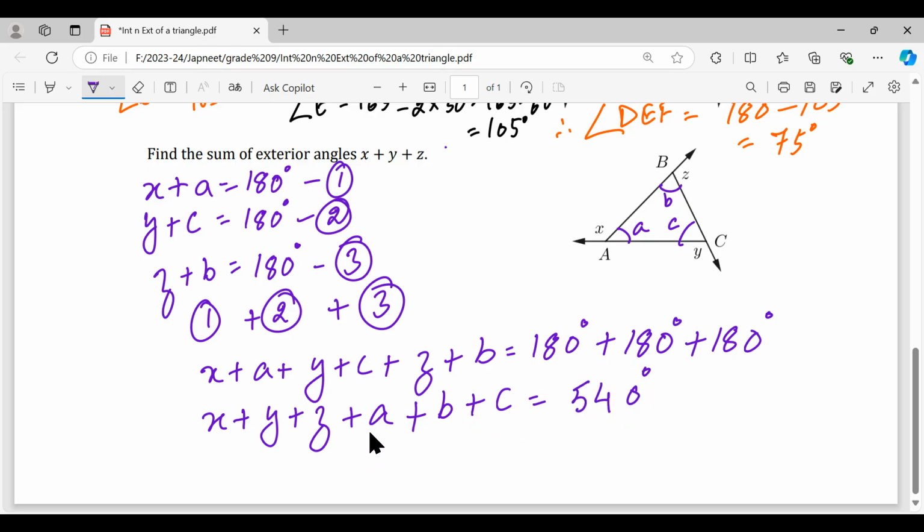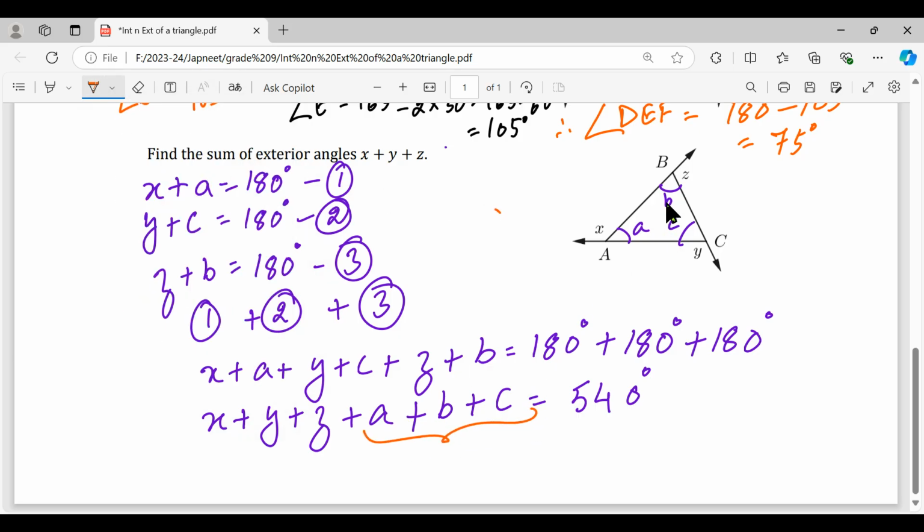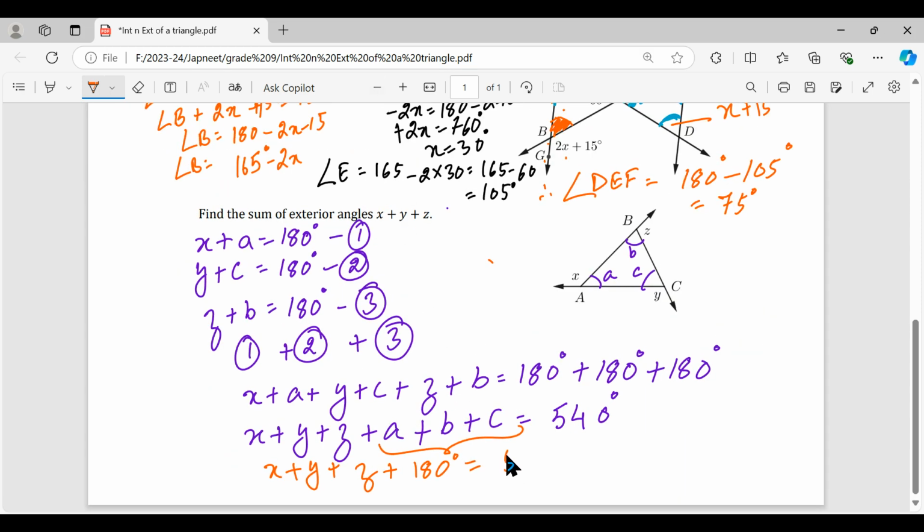And now you see that a plus b plus c, if you look carefully, angle A plus angle B plus angle C are three interior angles of the triangle and the sum of whose is 180 degrees. So we will write x plus y plus z plus 180 degrees, and now this is equal to 540. So x plus y plus z equals 540 minus 180 degrees, that gives you 360